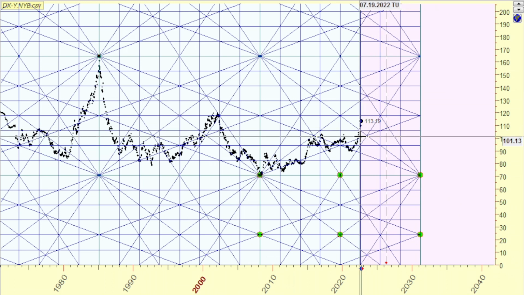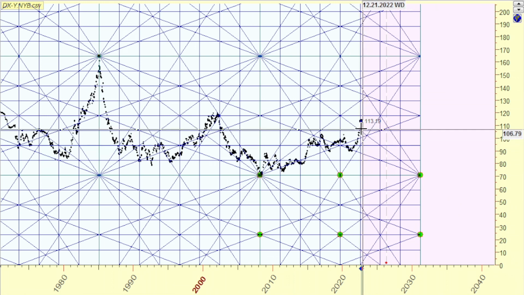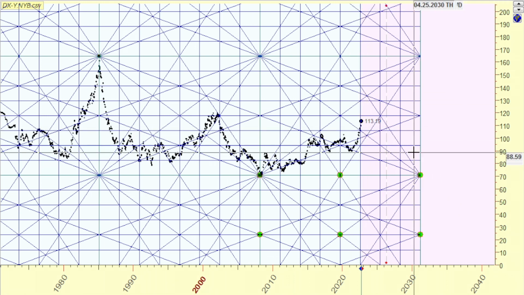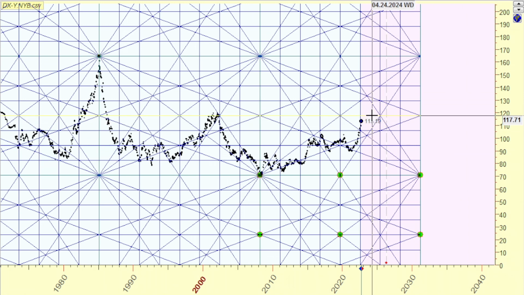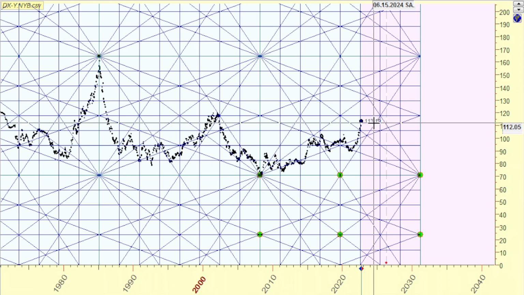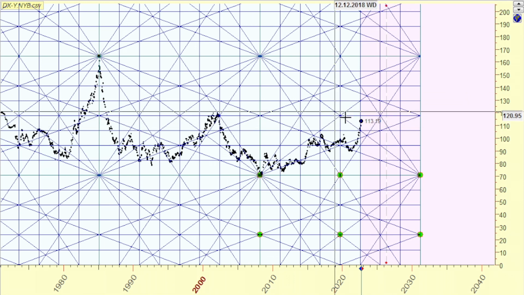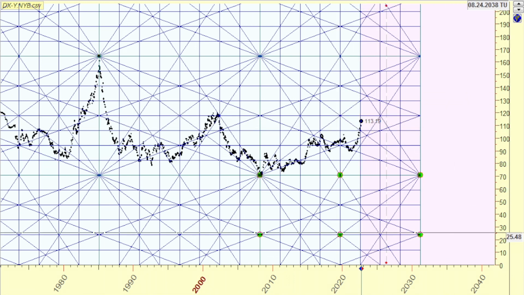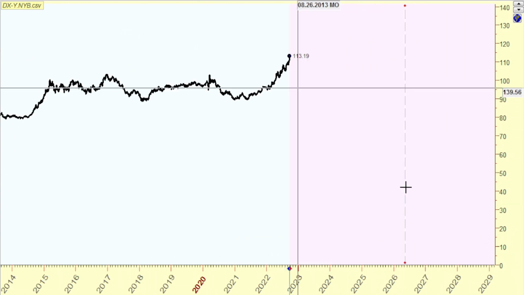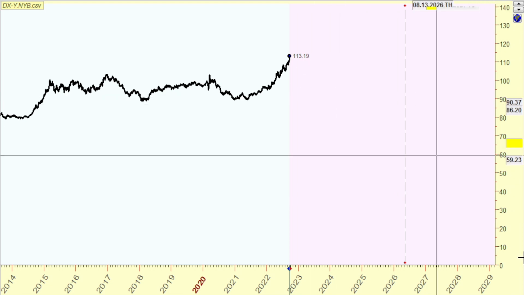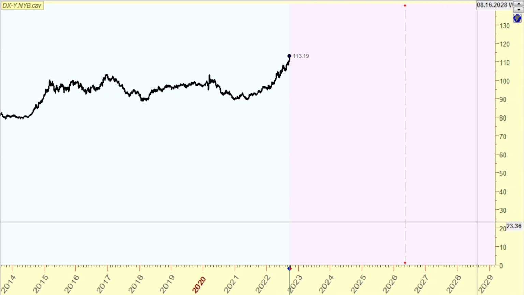And we just hit a timing point, like a vector, on August the 14th, and this is where we're at right now. So it still has room to go and kiss the 117 without any issues as of now. But know that this is a supply zone. Now that we have that out of the way, let's zoom in a little closer and see what we have here. Mind you, these are just closes that I have.